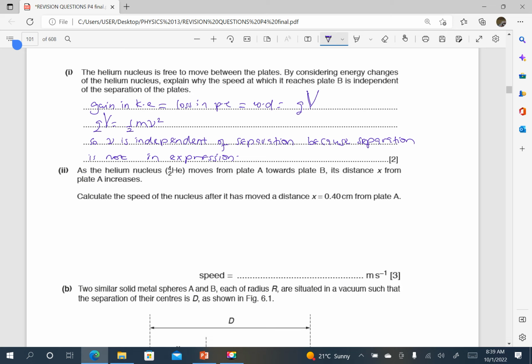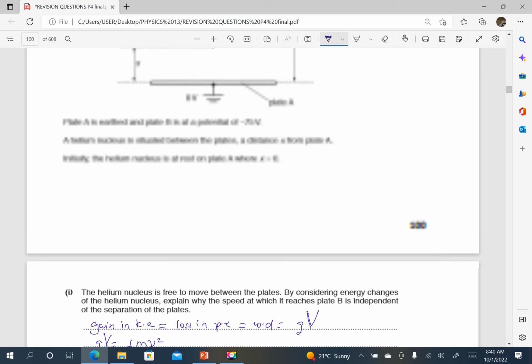Calculate the speed of the nucleus after it has moved a distance x equals 0.4 centimeters from plate A. We first of all find the potential at that distance. So at x equals 0.40 centimeters,